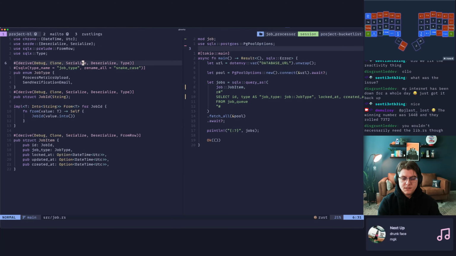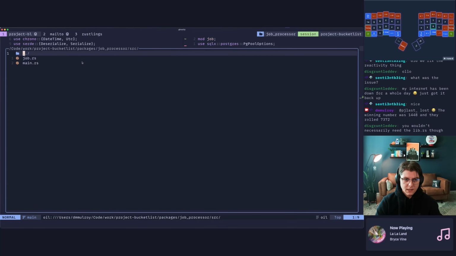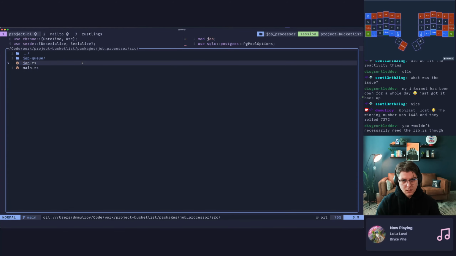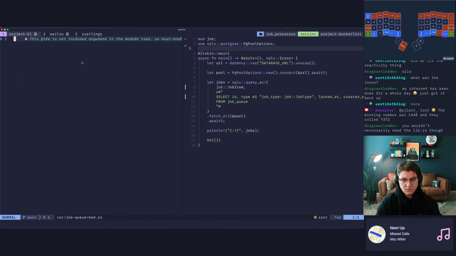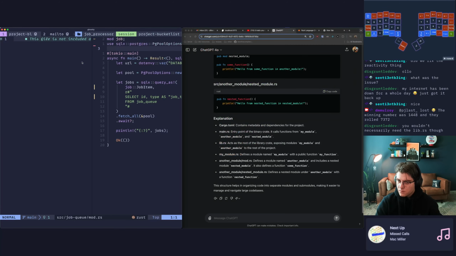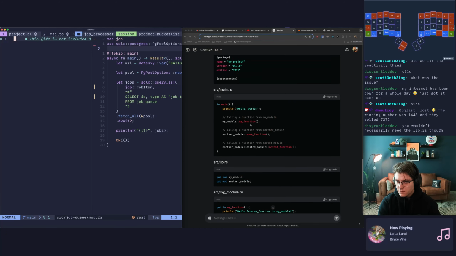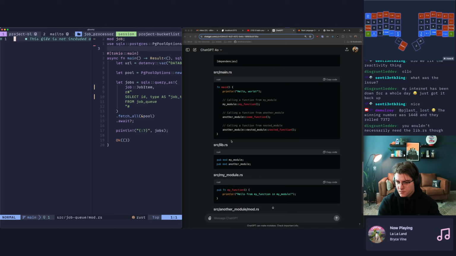So we do want, let's just say we have a job queue. And then we'll have a mod.rs. Trying to think about how I want to structure this. In here, we'll say that references the files we want to expose, which is fine.